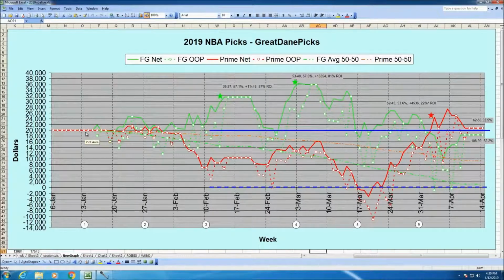Again, I start January 13th because I have my money invested in the NFL. I'm well aware the NBA starts whenever they start, October, November, but I'll pick it up in January, and I'm going to work these X number of weeks and try to make some money. Right? That's what we're here to do. So it was odd because I didn't have any picks coming out of the gate here. And as a matter of fact, I picked a couple games here. You can see that